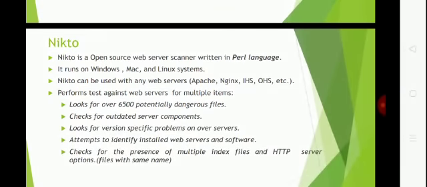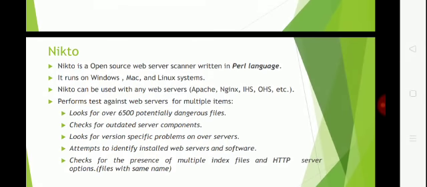As we have already said, it is an open source web server scanner, and Nikto is written in the Perl language, and it runs on Windows, Mac, and Linux systems as well. Nikto can be used on any web server, be it Apache, IHS, OHS, etc. It performs tests against web servers for multiple items, like looking for over 6,500 potentially dangerous files.